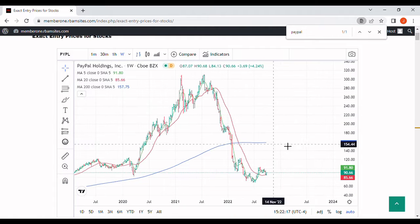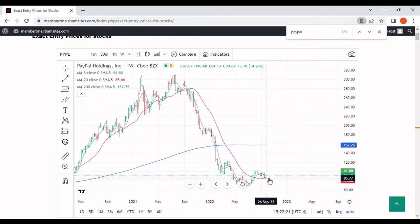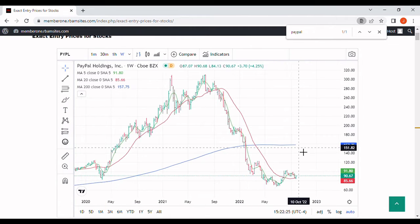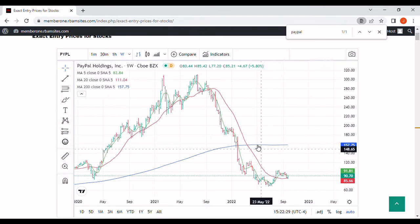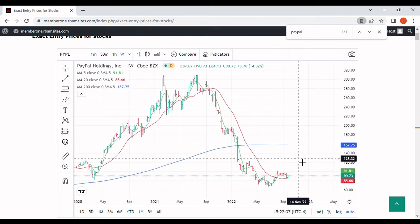Let's take a look at the weekly chart. You can see on a weekly chart, we do have a little bit of positive. The 20-week moving average is going flat, and the price is above it. That's a little bit of a positive sign here. We're still in deep bear market territory, but at least the 200-week moving average has gone flat, and the 20-week moving average has gone flat. So that sets us up on a weekly chart for a rally to about this $125 level,